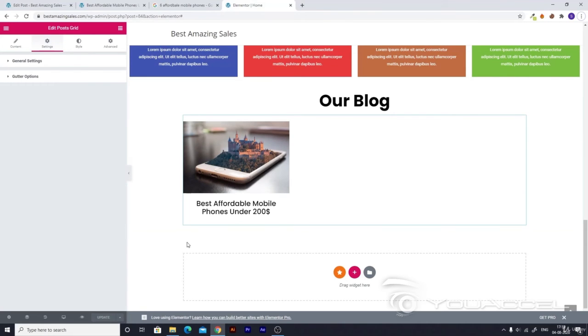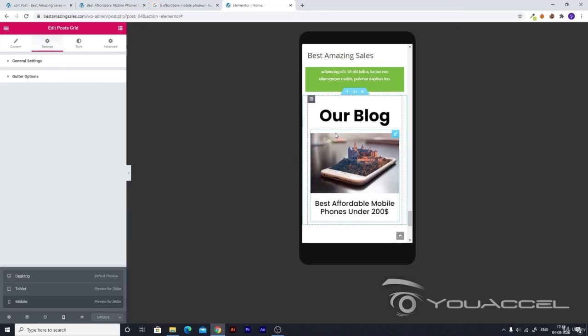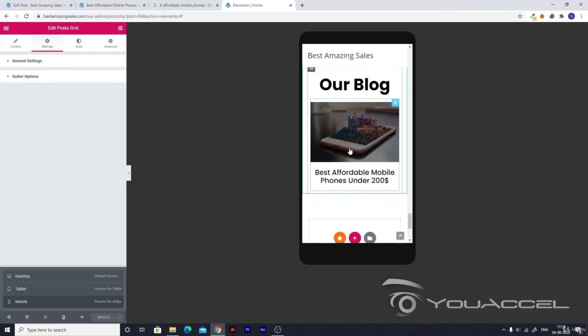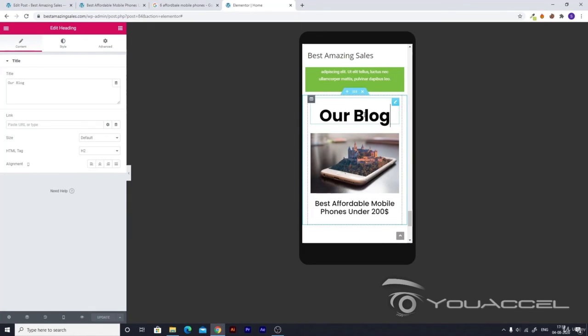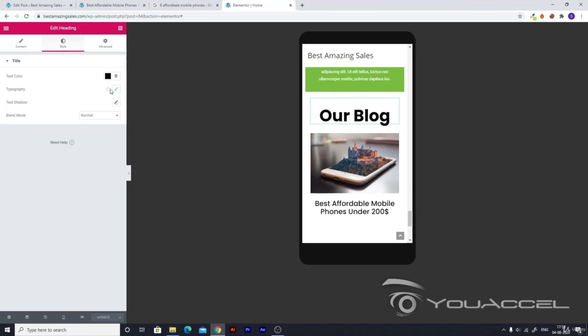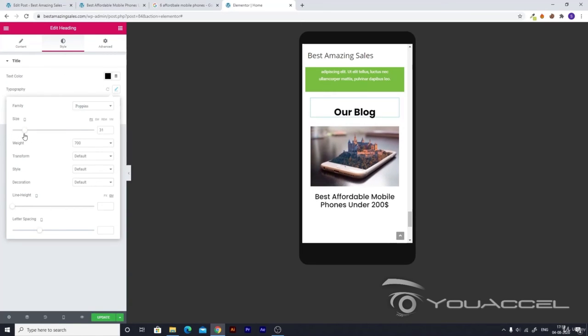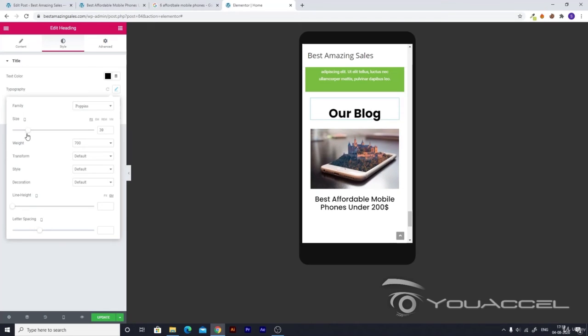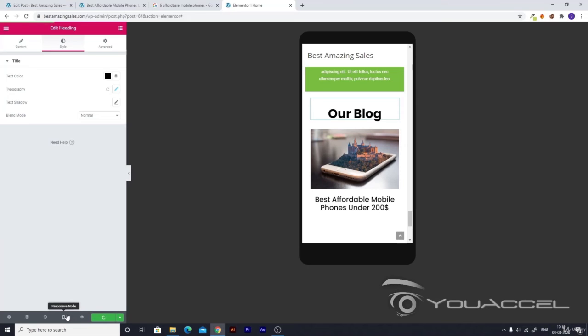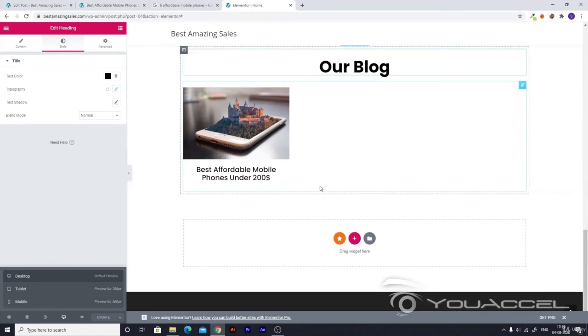Okay, now let's go ahead and see how it will look on a mobile device. Now you can see that it looks very cool on a mobile device. If you want, you can just make the our blog text smaller for a mobile device, and I think around 30, around 40 would be a good size. Now let's just hit update and go to our desktop, and you would have seen the hello world